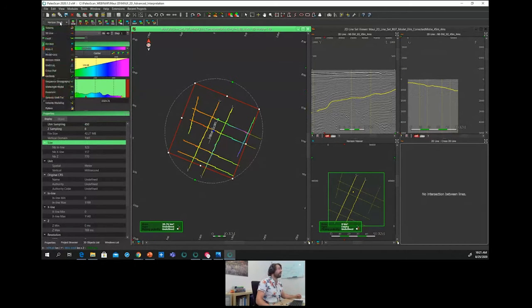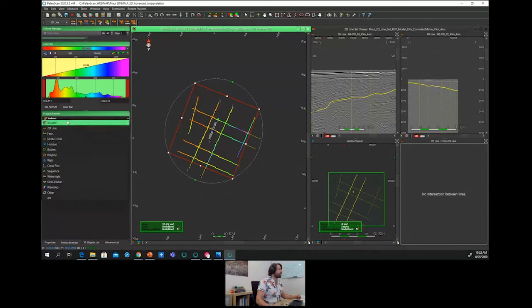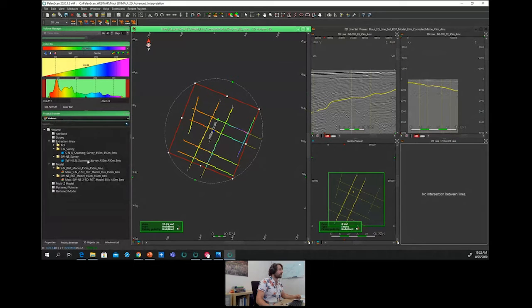Once this is performed, thanks to the 2D line tab, it's possible to save this survey as what we call an extraction area. Once it is performed, the interpreter gets a new extraction area corresponding to the survey.